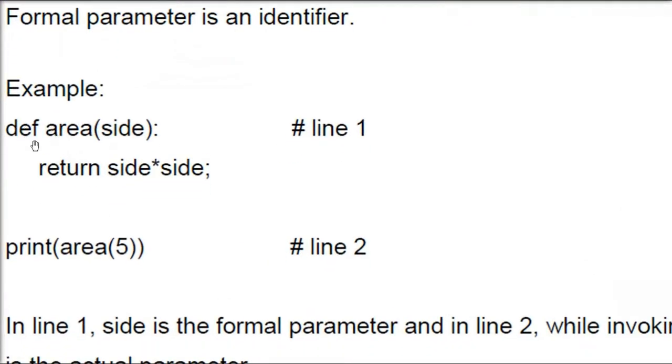The first is the function. Now this is called a function prototype. It is just showing what this function is going to do. That is, wherever inside area you pass side, it will return side into side. If you give 5, it will return 5 into 5, 25. This side is a word, it can be a variable, it can be an expression, but it is not being called.